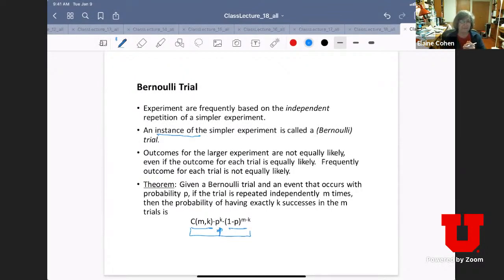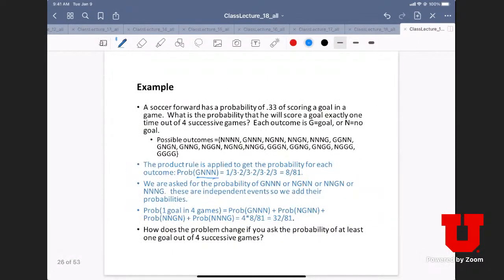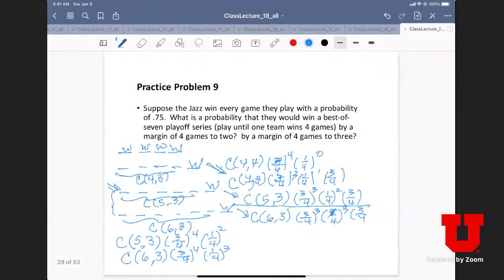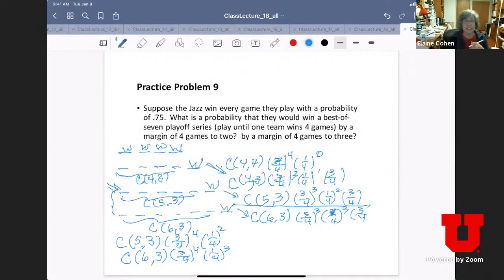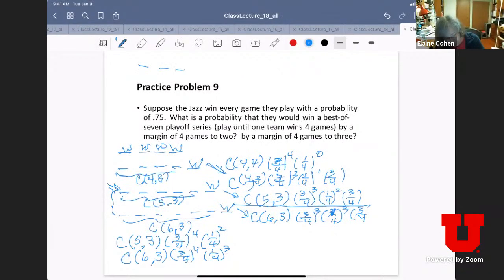Okay. So for the example where they had to win 4 out of 7, I'm confused on why it would be, or I think you did, choose 6,3. Yes. So when they win 4 out of 7, it won't go to 7 games. If they won in 6 games, they'd never play the 7th game. So the last one has to be Team Jazz winning.